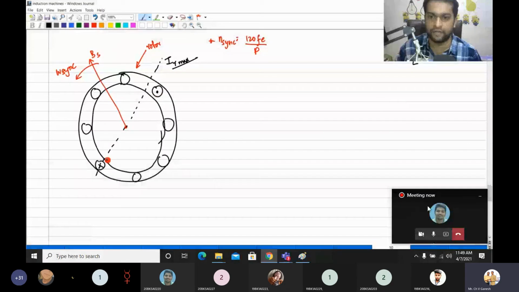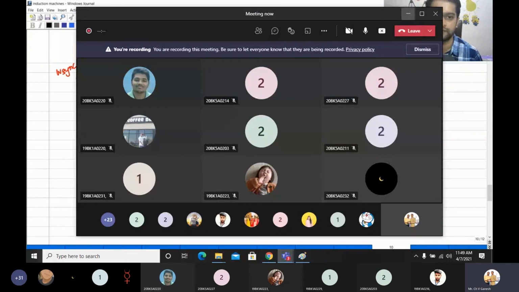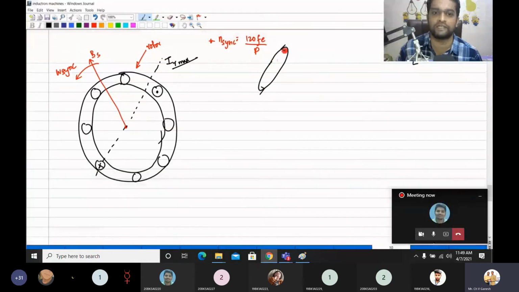So if you see the magnetic field of this particular loop here, it is coming out from here and it is going inside, right? So it is something like this. In this direction, you feel that the magnetic field in space will be in this direction, right? This current is flowing in the counterclockwise direction, so the magnetic field will be in this direction.